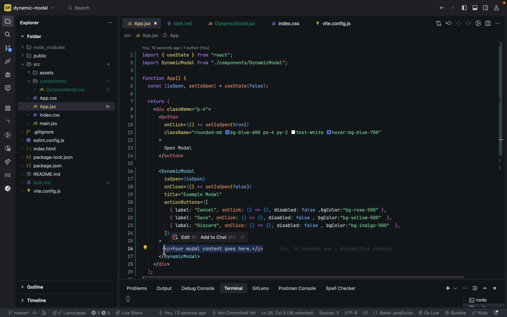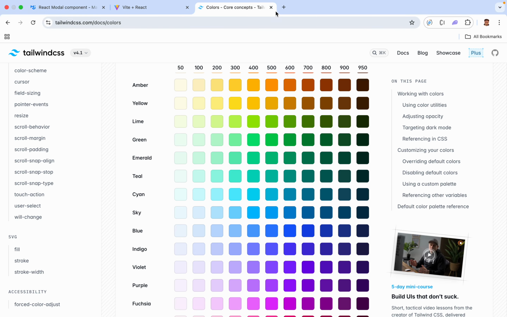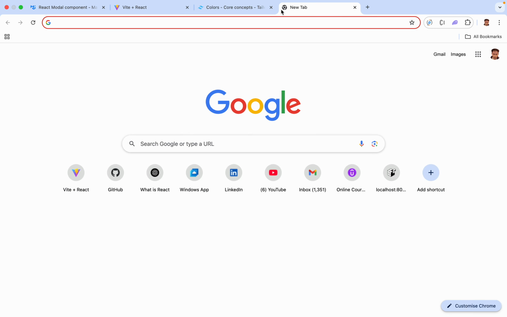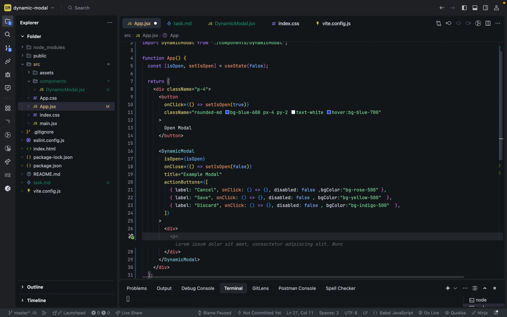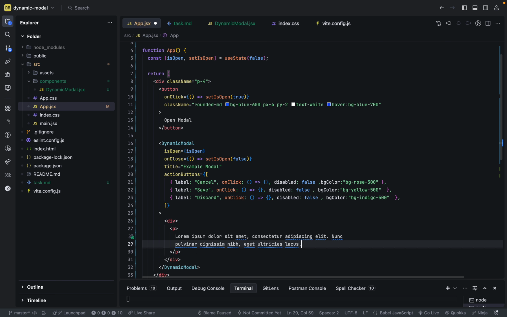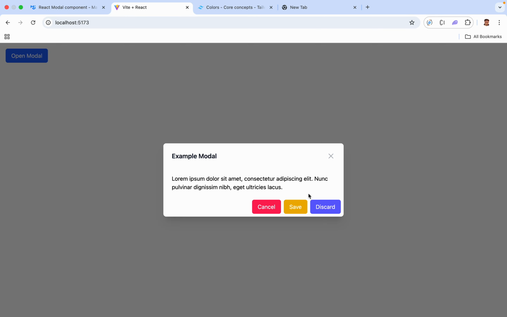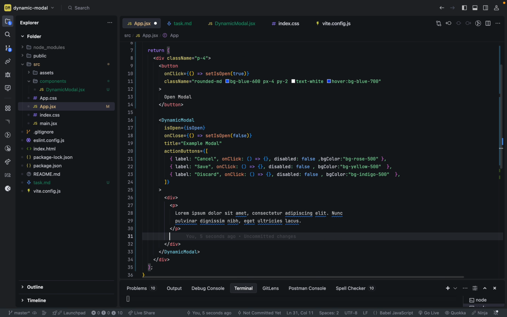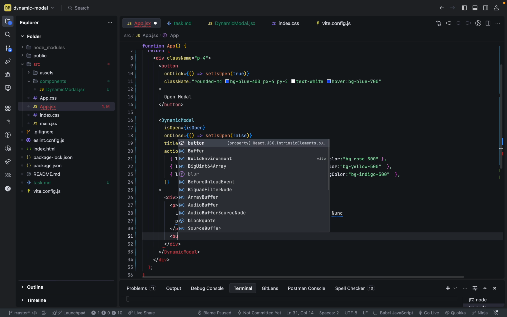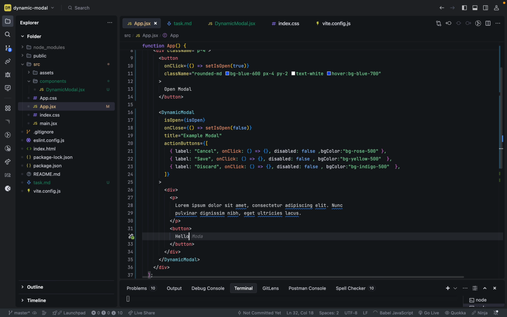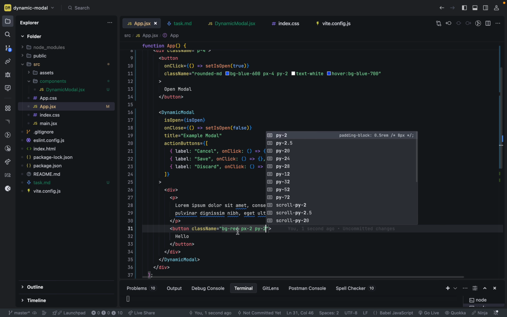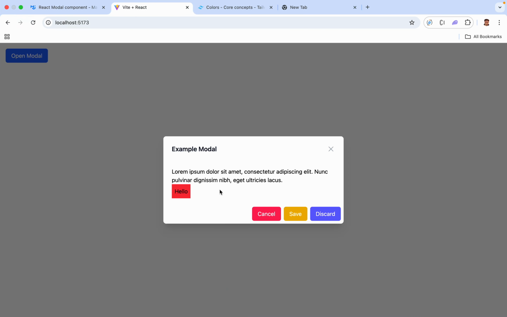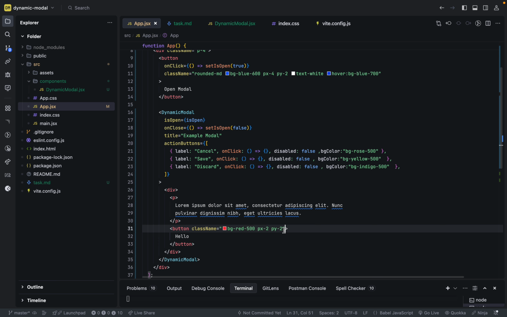And here we can pass anything, right? So let me go to the model. Anything you want, let's say in the div, I want P. Any JSX you want, you can add. See, it's working. And if I want to give the button again here, I can give the button itself. Hello. BG red, PX2, PY2, BG red 500. See, it is there. And if I go to the rounded MD,